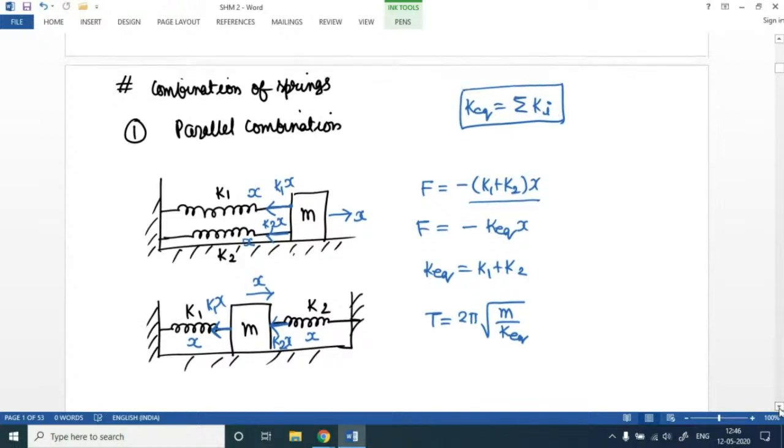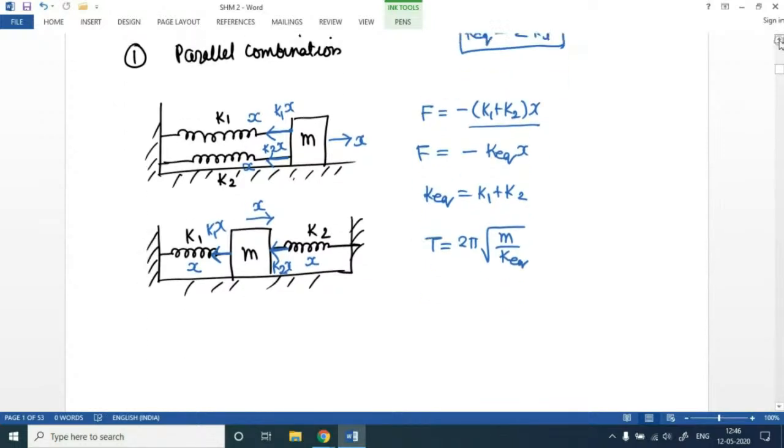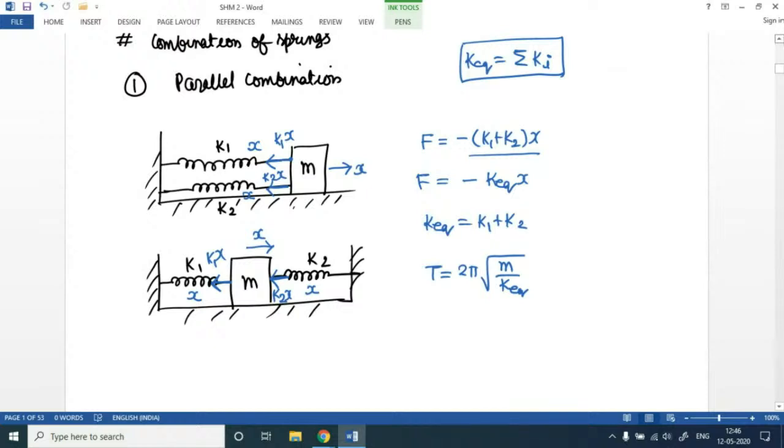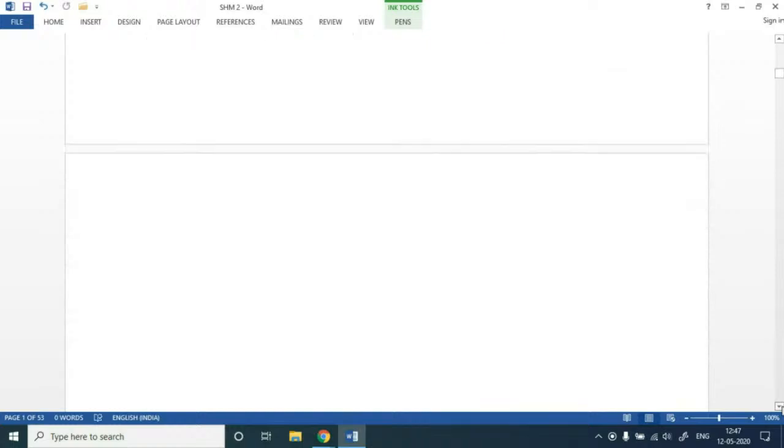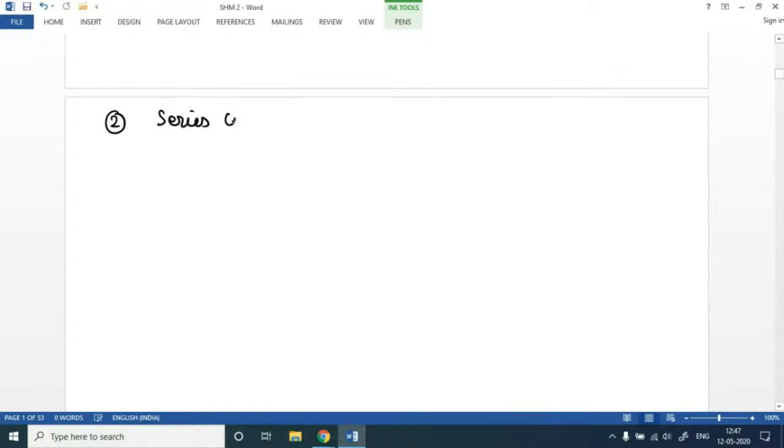So this is parallel combination. Please understand, parallel combination is when the elongation or compression in each spring is the same, and that is equal to the displacement of the block in this case, if the other end is fixed. Okay, so now let's look at the series combination also. This one is a little bit, you need to focus here. So series combination,